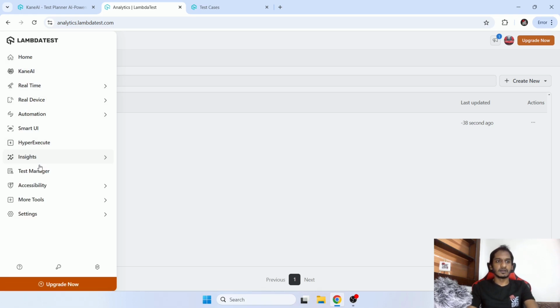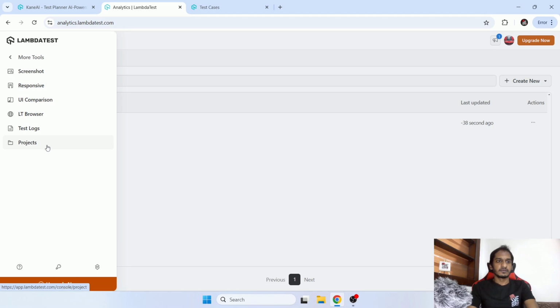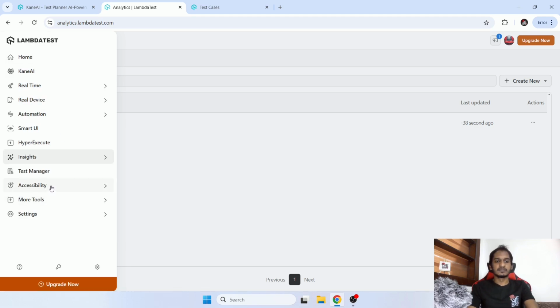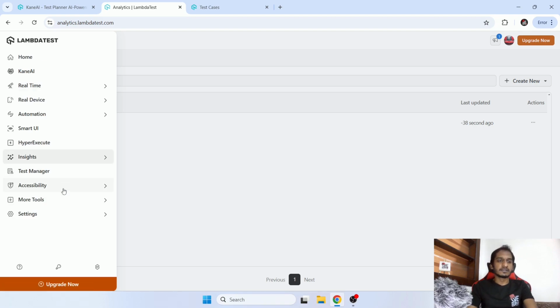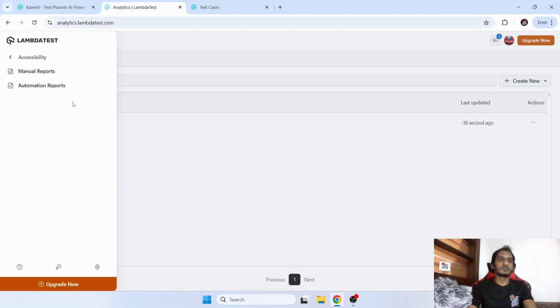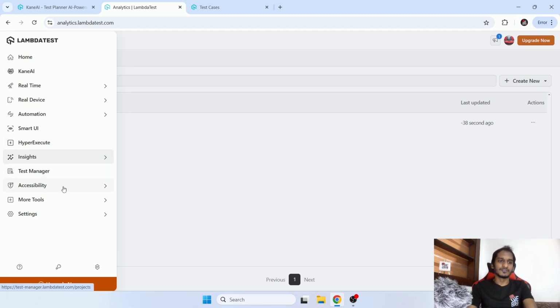So with that, I think we have covered everything in this particular part, and also the more tools. Then the only remaining part is the accessibility. So I will hold this accessibility part till we start our accessibility playlist. At the end of the accessibility playlist, I will cover this part, showing how you can use LambdaTest for your accessibility testing as well. Because without knowing what accessibility is or the theoretical things, there is no point in jumping back to how to use a tool to test accessibility. So that's why I stopped it here. Don't worry, I don't forget it. Once I start on the accessibility playlist, definitely I will cover this one,